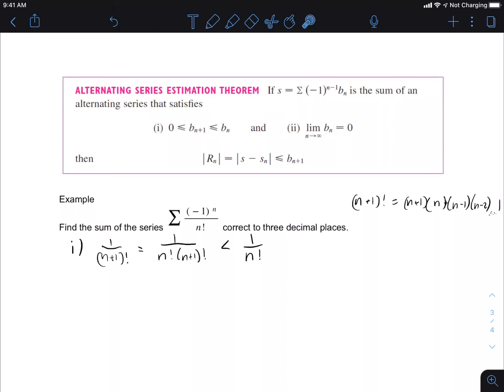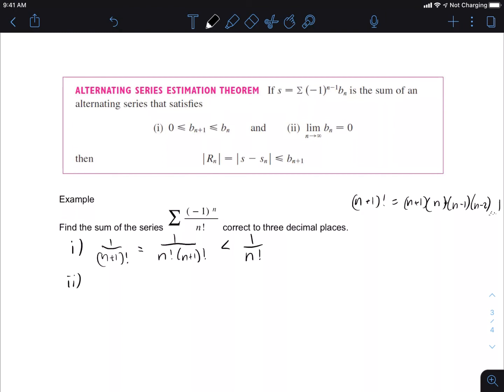Now from here, we see that that's the same as this, and then there's a divisor here. And so this divisor clearly makes this denominator bigger than this one. So this whole term is bigger than this whole term. So that satisfies condition number 1. Condition number 2,